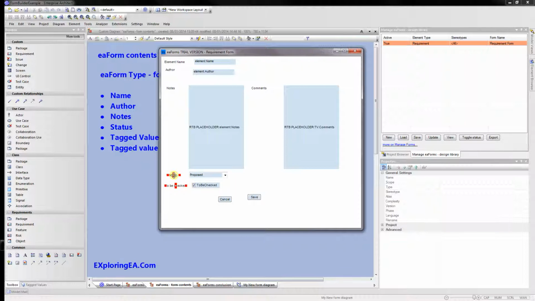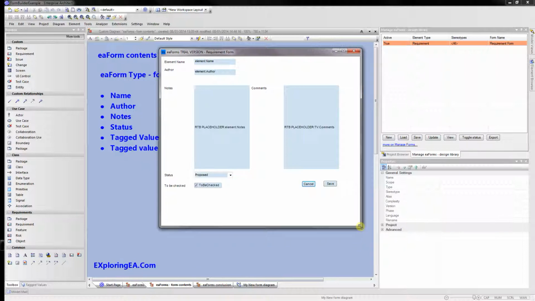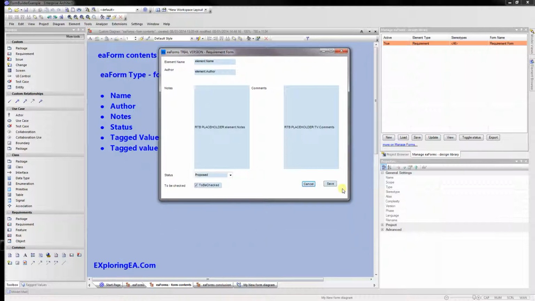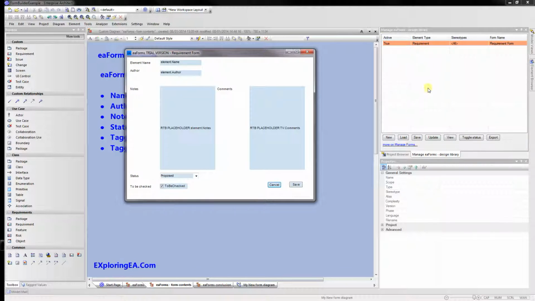So I'm now going to select the labels, holding the control key down and the left mouse button, and then right click to get the context and align left. I'm going to do the same for these fields. And I'm going to align left, and finally I'm going to drag the save and cancel button onto the right hand side and resize the form. So we now have our form. I can then save it,